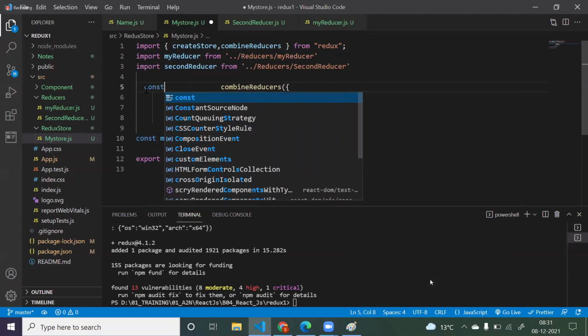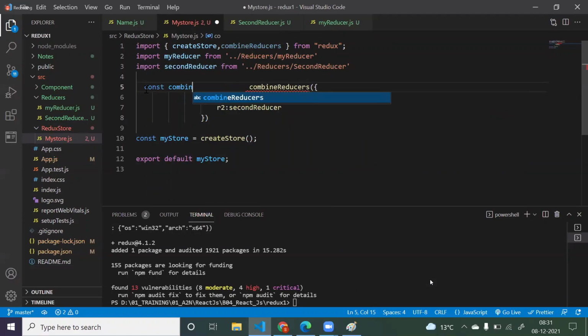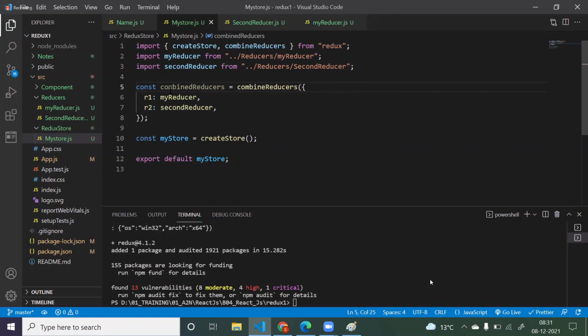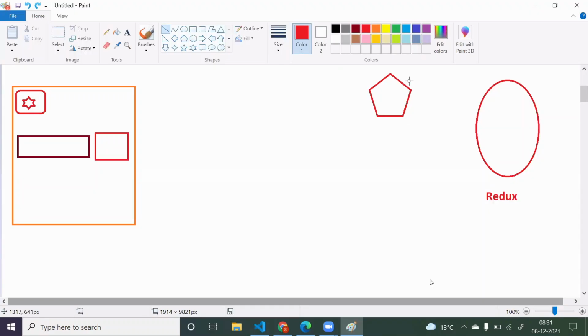It will just combine both the reducers and it will give you one common reducer. So just catch it in one variable, something called combinedReducers. That's it. I got combined reducers. Now this combined reducer you have to pass as the first argument to this createStore. Now this is the process of registering your reducers with your store. Now all your reducers got registered with your store, means they are connected now. If you had one more reducer, now that is also connected.